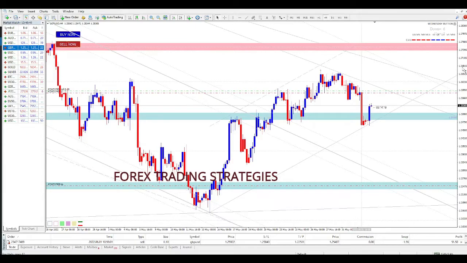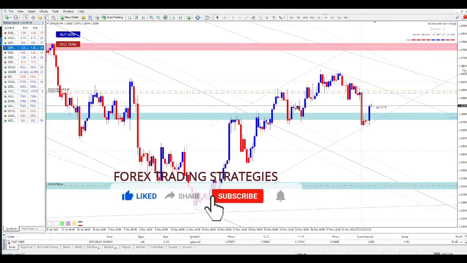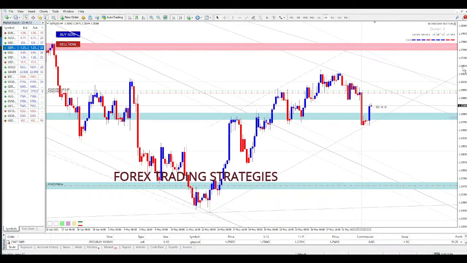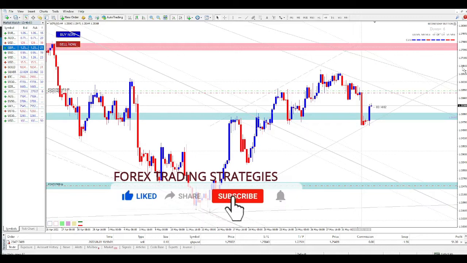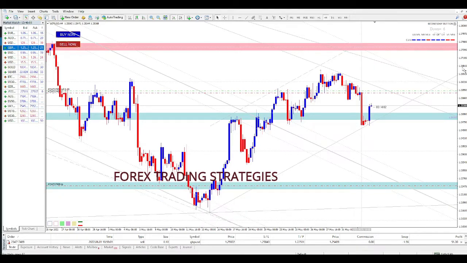Now, second point is winning in the market and losing in the market is a matter of habits. It's a matter of habits. Here we are talking about things that you can control. I already said the market will do whatever the market wants to do. So the only things that you can control are the things about yourself.